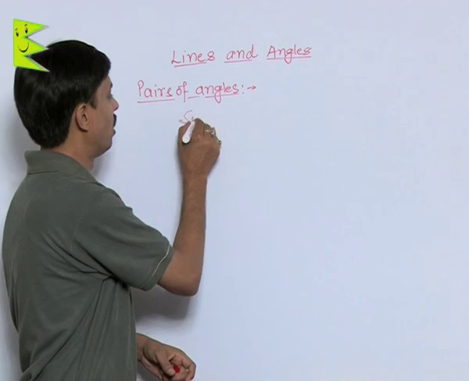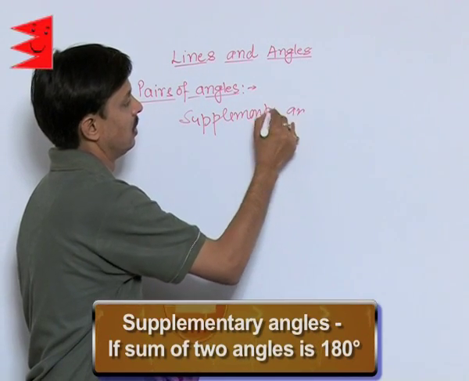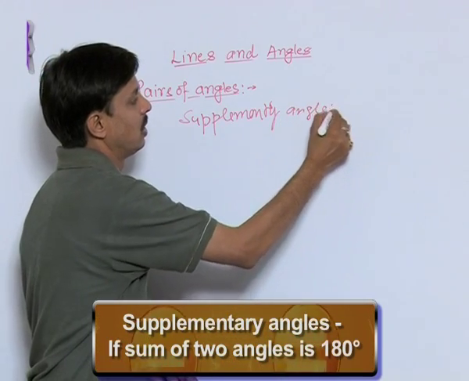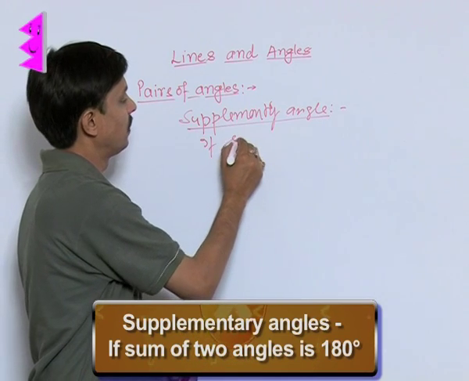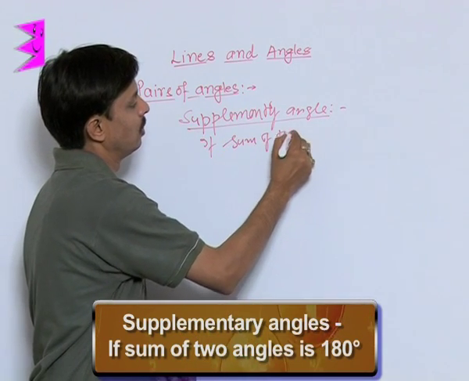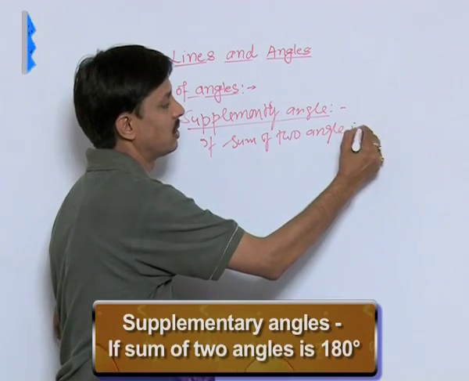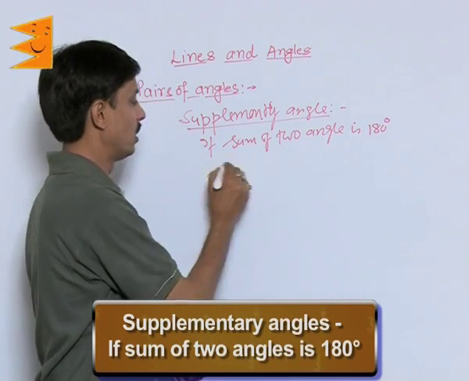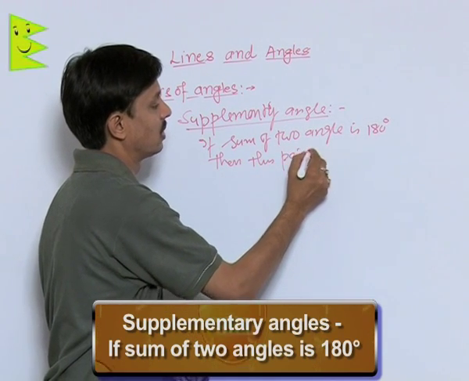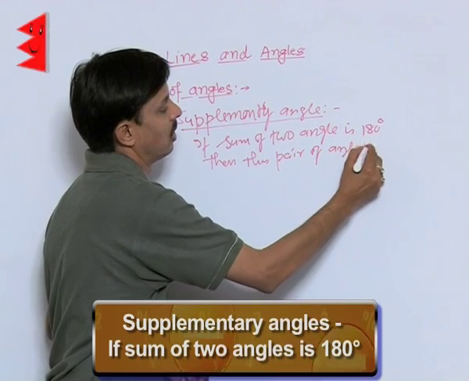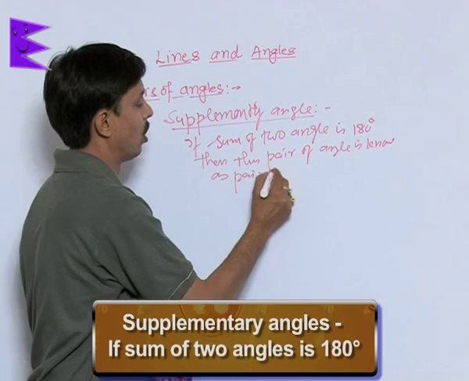What is the pair of supplementary angles? Supplementary angles, it is what? If the sum of two angles is 180 degree, then this pair of angles is known as a pair of